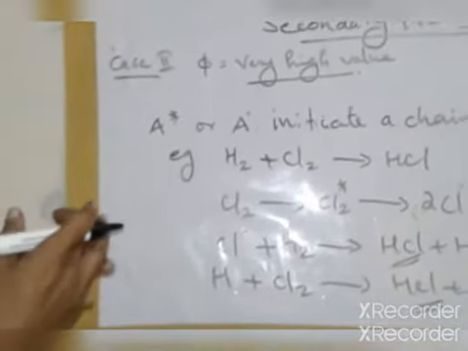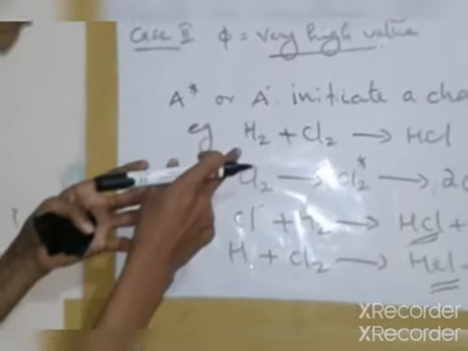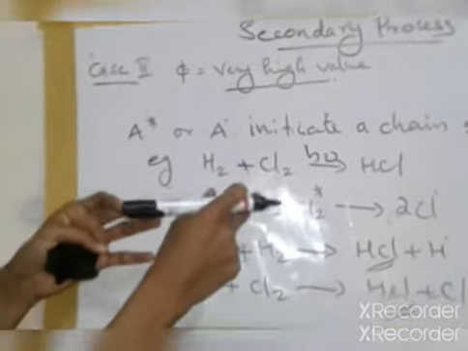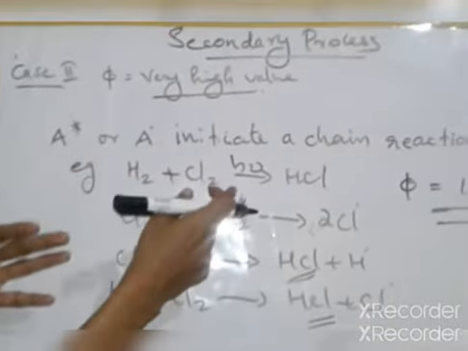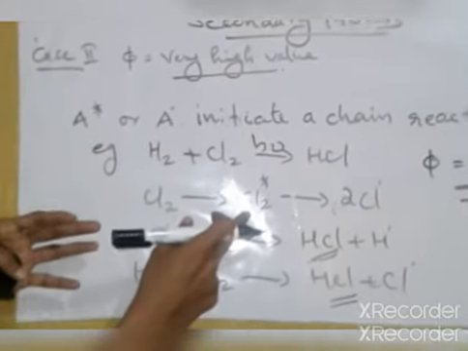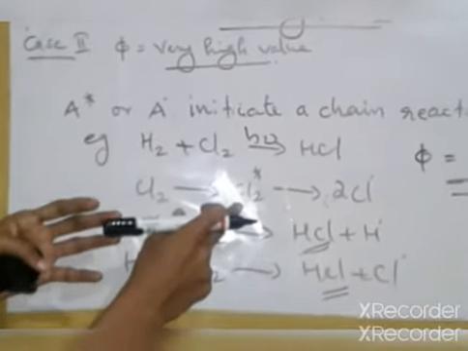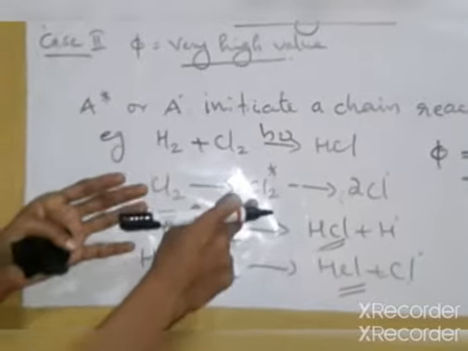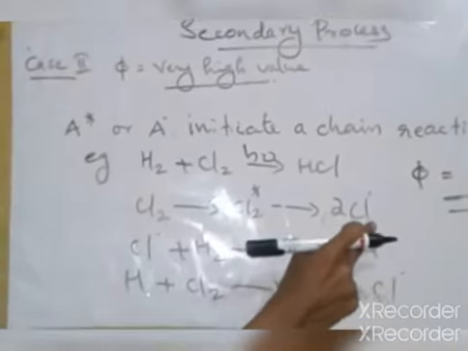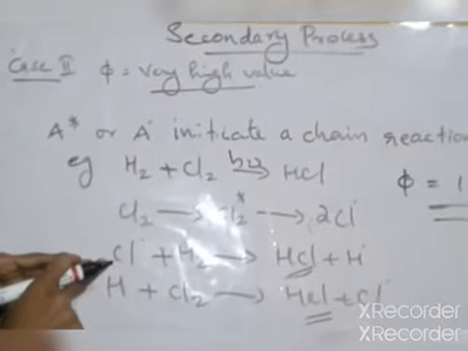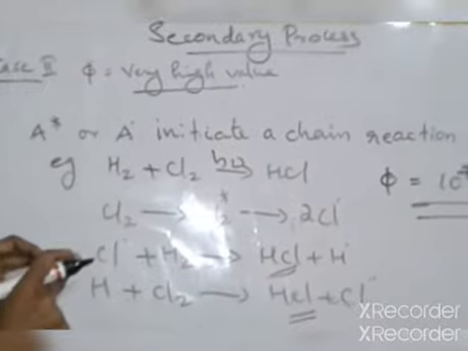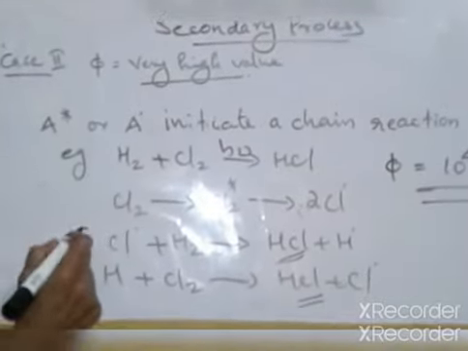For example, in the photochemical reaction of hydrogen and chlorine, the chlorine molecule absorbs the radiation in the suitable region and forms a Cl2 molecule in the excited state, and it is dissociated to give two chlorine atoms. This is the primary process. Then, in the secondary process,